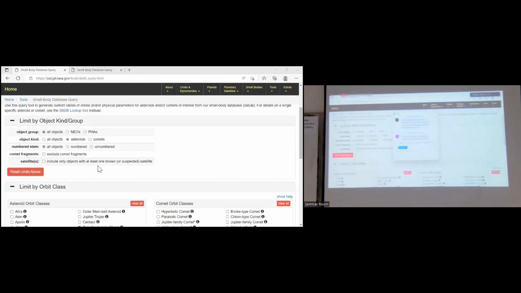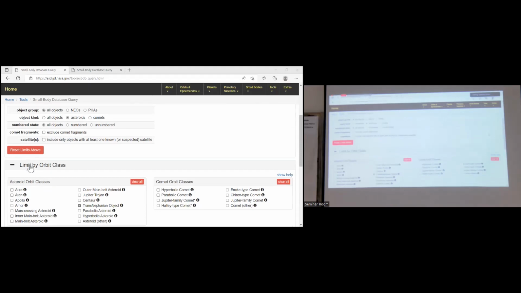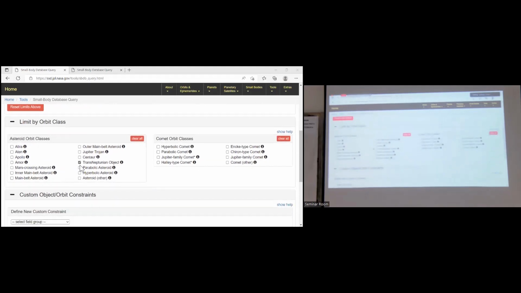Limit object class, you just choose asteroid. Limit object group, object class, just trans-Neptunian object. Only a single click here.